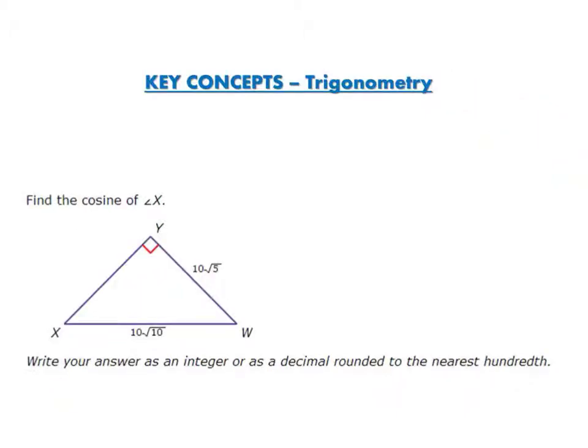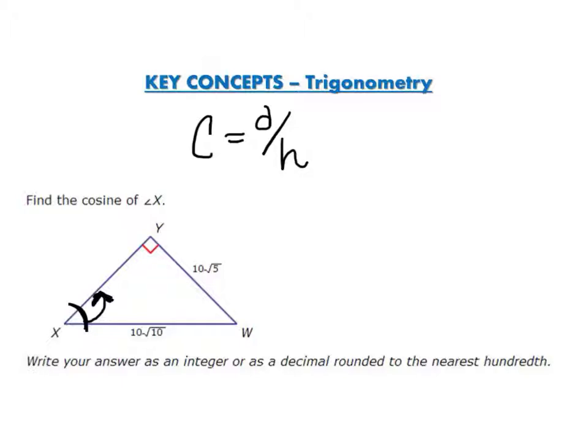Alright, these you may have to start using everything that we've learned in this unit so far about how to find missing legs or missing hypotenuses so we can figure out the ratio. So let's take a look at this one. It says to find the cosine of x. Okay, so the ratio is cosine equals adjacent over hypotenuse. Well, the adjacent one is this one, but I really don't need to worry because we are working with right triangles, and in our class we are working with